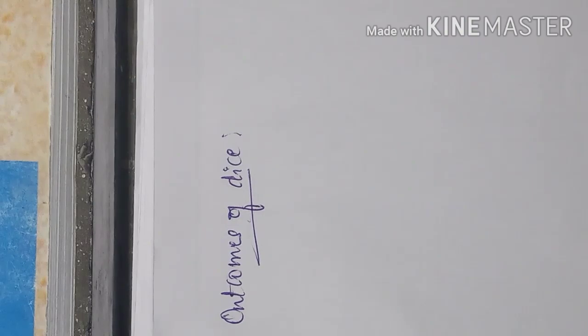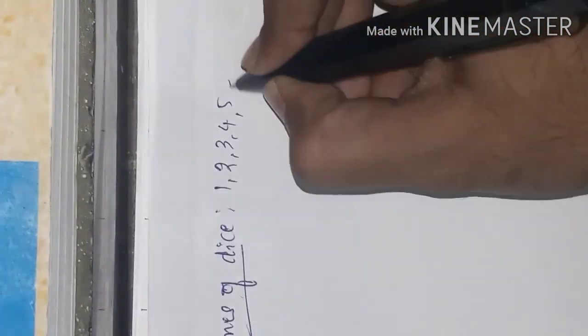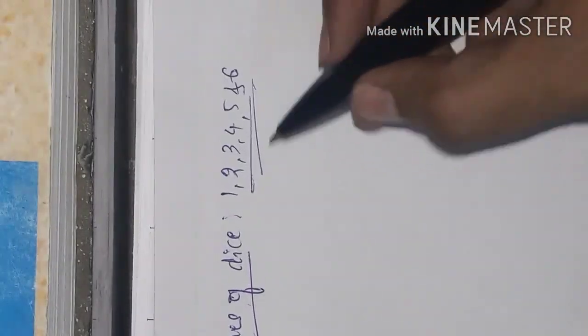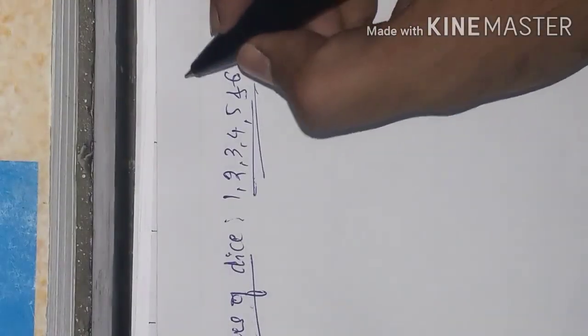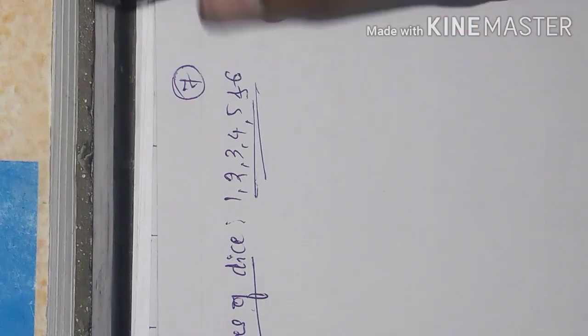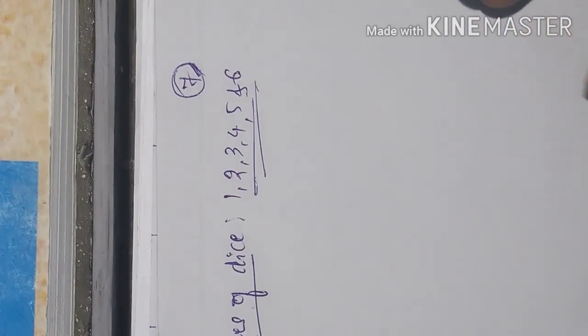As you know, a dice is made up of a cube. It is a cube-like structure. On that we have six numbers: 1, 2, 3, 4, 5 and 6. These numbers are arranged in such a manner that the sum of the two opposite sides of the cube, or a die, makes 7. When we add the opposite sides of a cube, the sum will be 7. In that manner the dice are made.